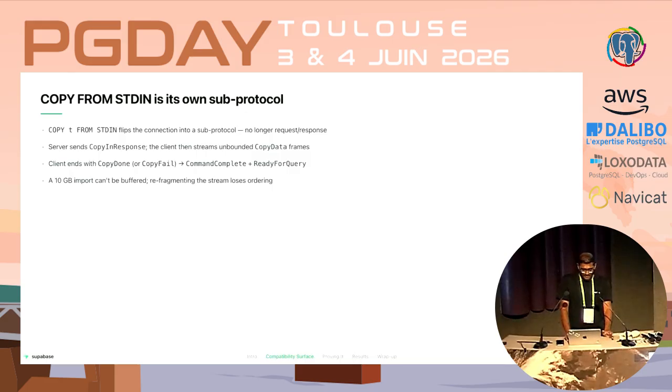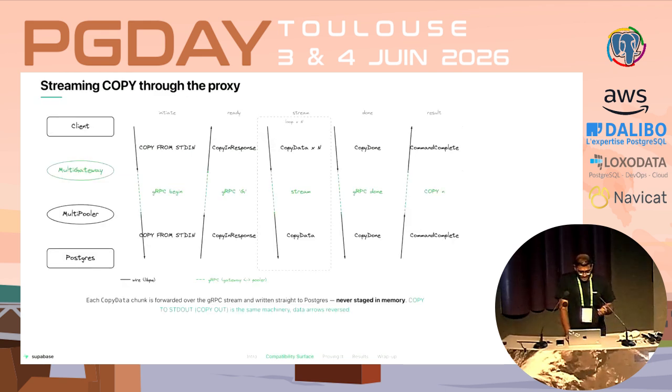If you buffer the whole stream, so you forward it in one piece, you fail over on the very first really big import. And if you're chunking the bytes as they flow, then you basically break the framing and lose ordering. So what we did for Multigres is that we model the copy end to end as a full-fledged streaming state machine, just as Postgres intends to do it, with explicit phases in between.